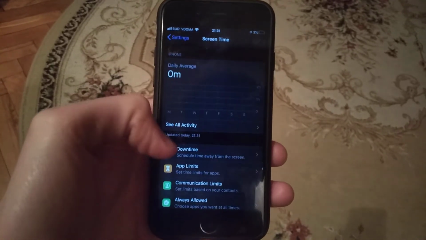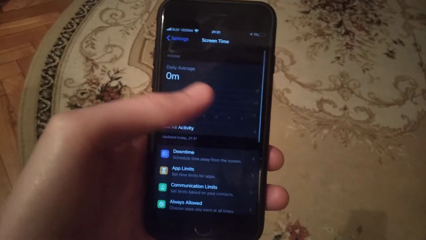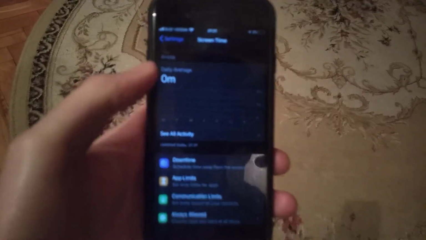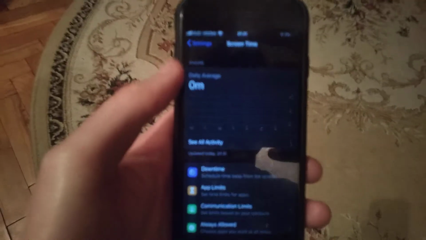will be turned on and you will see how much screen time it takes for every application, for every